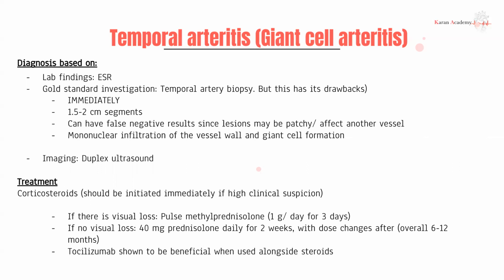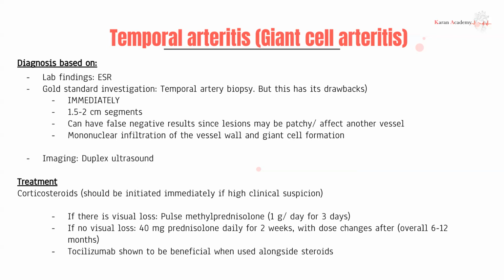You need a 1.5 to 2 centimeter segment, or many of them, because temporal arteritis doesn't present with continuous lesions. As I said, it can present in any of those arteries, and you could have a very possible chance where either the lesions are patchy or they are not affecting that vessel altogether. So if someone comes in and their primary complaint is jaw claudication and amaurosis fugax, and you do a temporal artery biopsy, odds are you could potentially have a false negative.